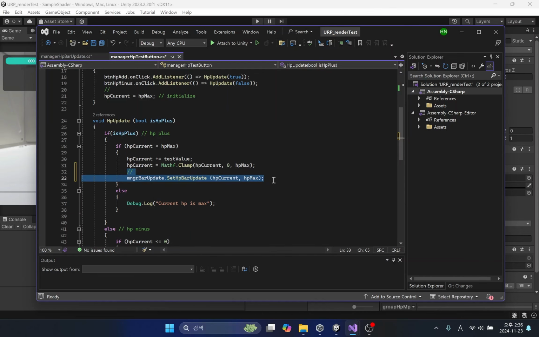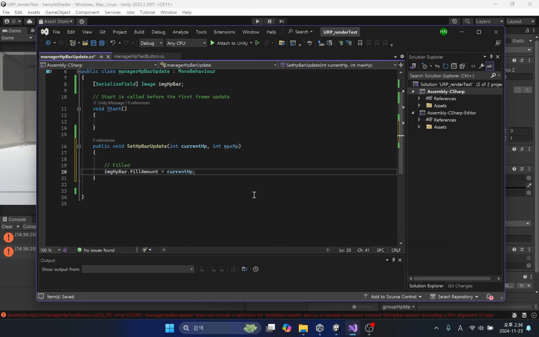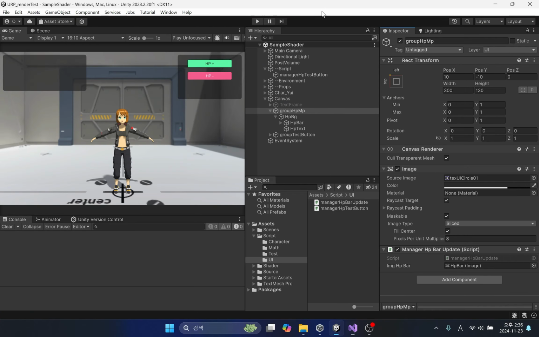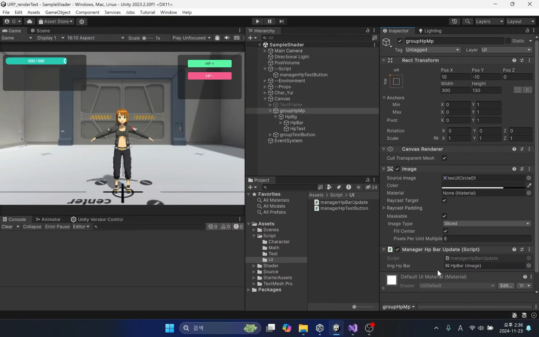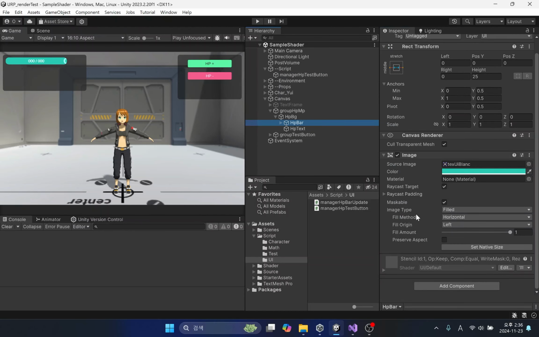I will copy and paste the same code into the HP reduction code block. Now we need to think about handling different ranges. The maximum HP is 100, but the maximum fill amount is 1, so range conversion is required.